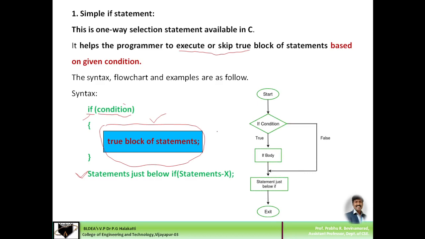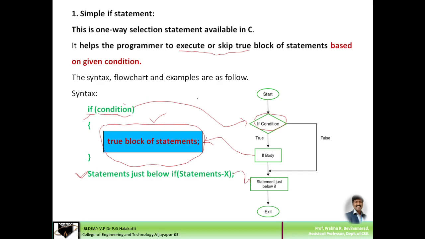So here this is the condition, right? The condition will be checked at this place. If the condition is true, then this particular body will be executed. If the condition is false, then the set of statements after the if block will be executed.